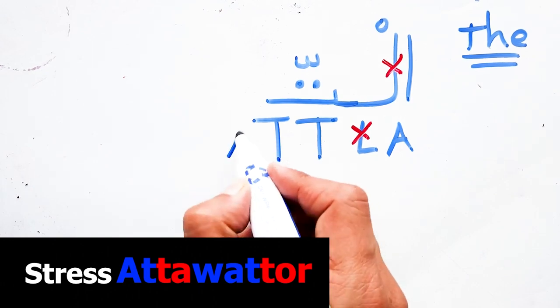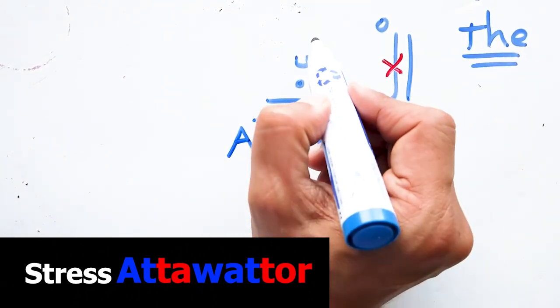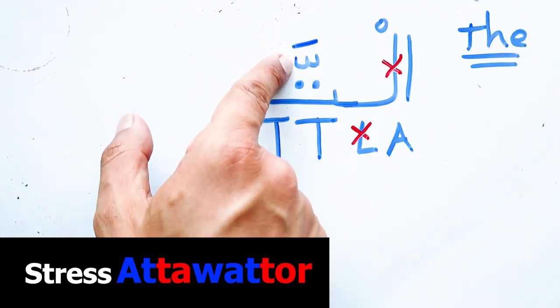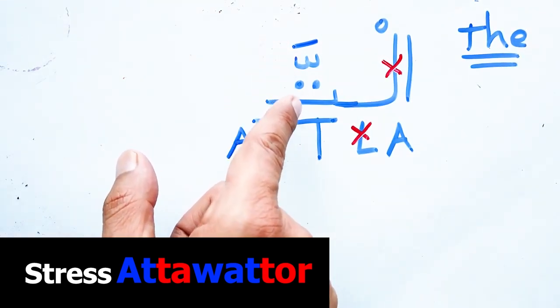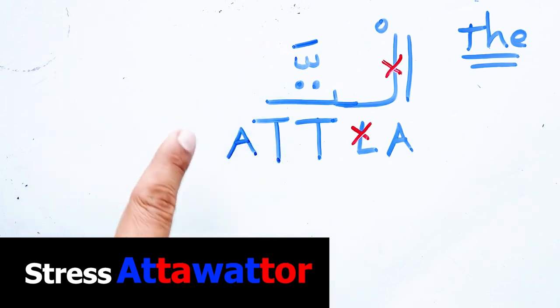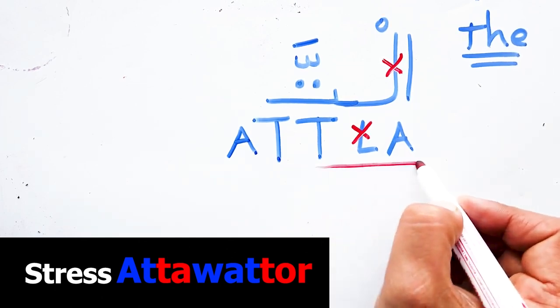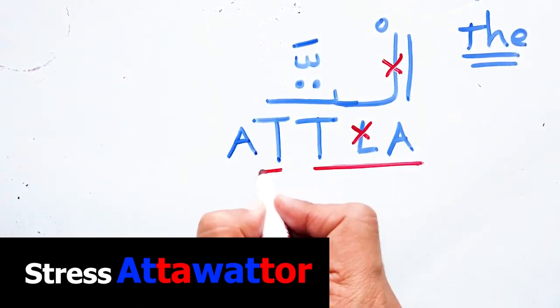I have the sound of a. What does it mean? It means here I have fatha. So here I have shadda and fatha. Shadda, it means I must pronounce the letter 2 times, and fatha because I must add the sound of a to the second ta that I pronounce it here. So that's why I say at-ta. Here is the end of the syllable. This is a syllable and this is another syllable.